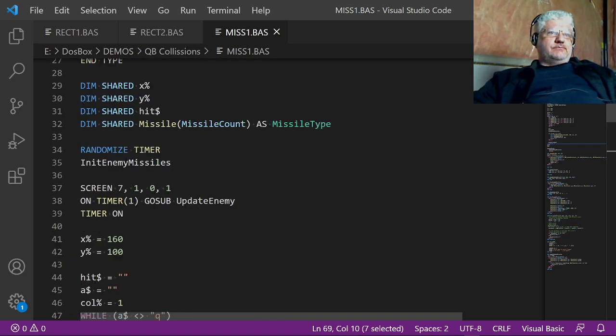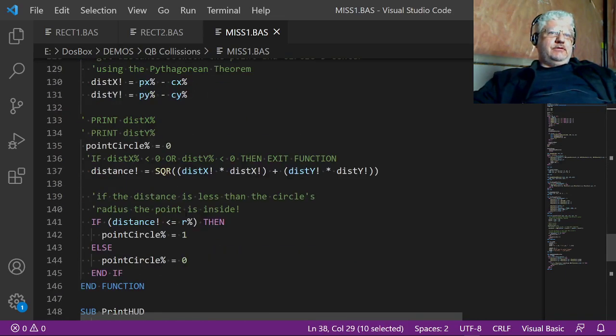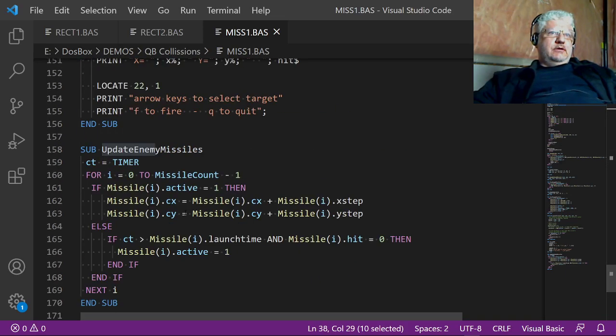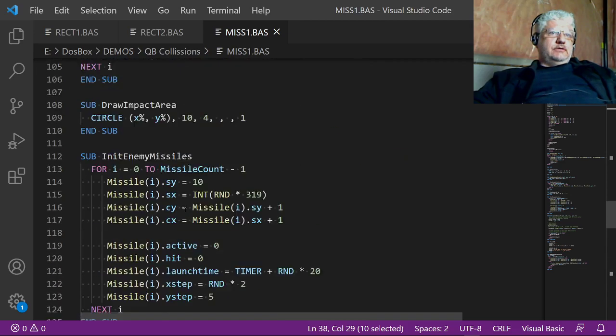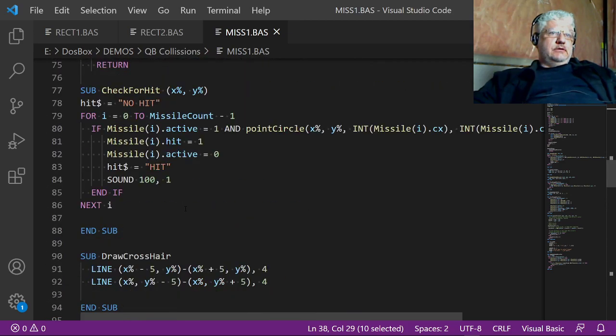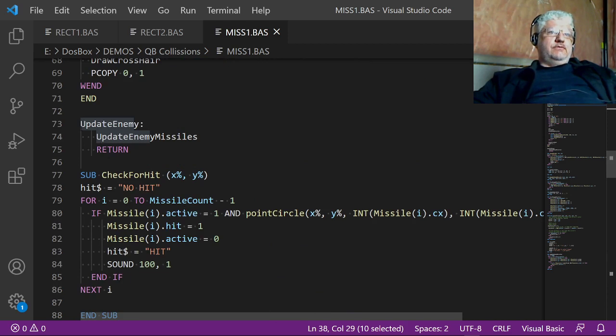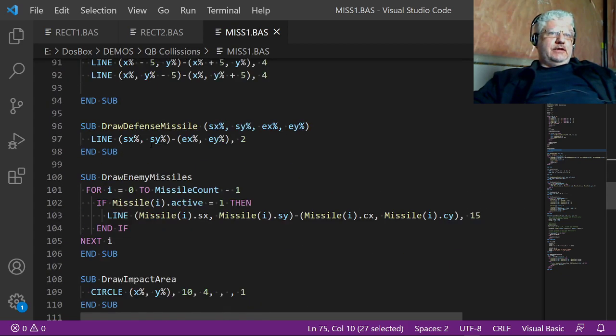And we also have an ON TIMER event here. So every second it goes to this routine update enemy, which is all the way at the bottom here. Actually, there we go, we're right here. And it calls the update enemy missiles. And if we look for that,